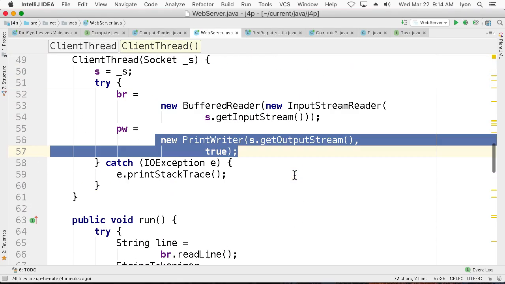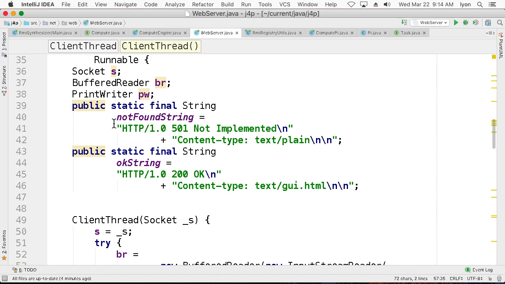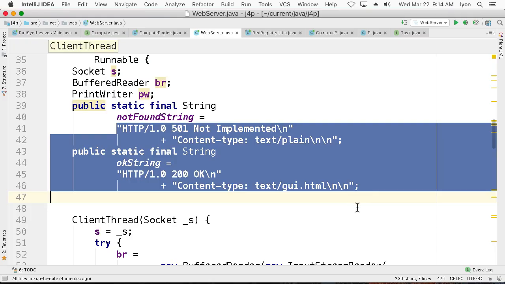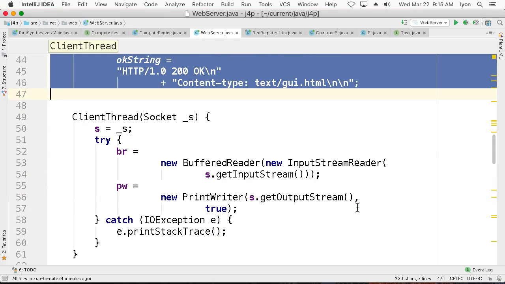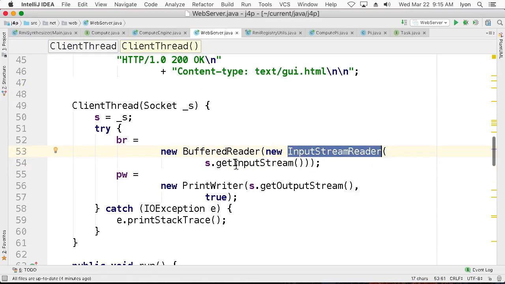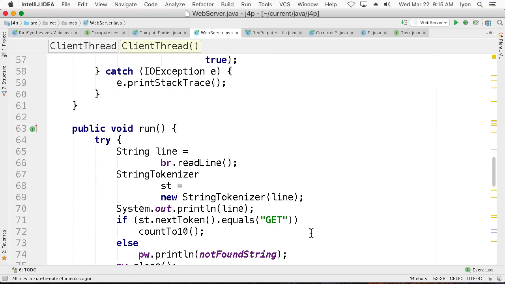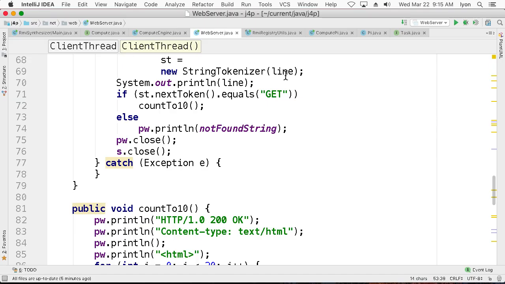The text is, generally speaking, the only high-level data that you need for some simple web server like this. But you can use higher-level data if you like. Presently, when we look at an input stream, we simply see an unformatted sequence of bytes. The buffered reader puts text formatting on top of that byte stream. The mechanism for string tokenizing is there so that we can parse out the GET invocations, and if somebody calls